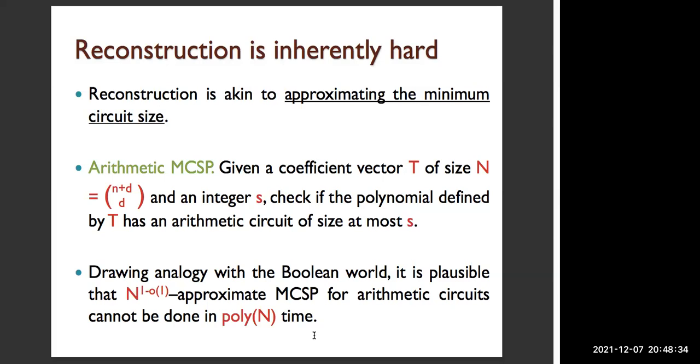It's an open problem, but it seems a plausible thing now that we know a similar result for Boolean circuits. So what this means is that one cannot hope to learn general circuits too efficiently. It seems like an inherently hard problem, and we do know of concrete hardness results for special or restricted classes